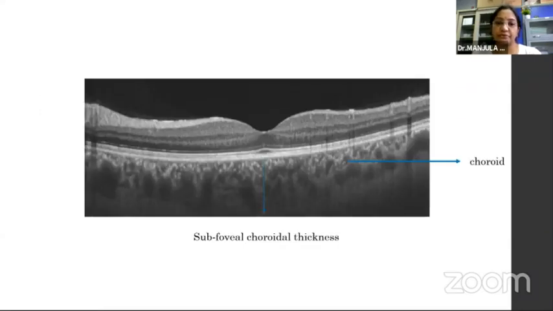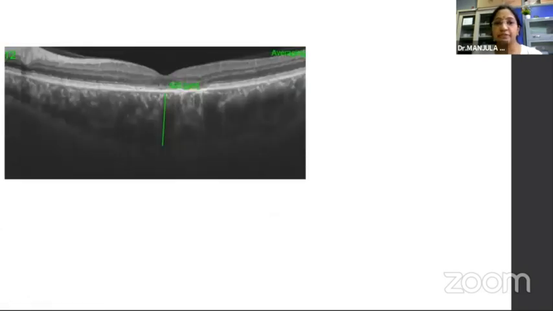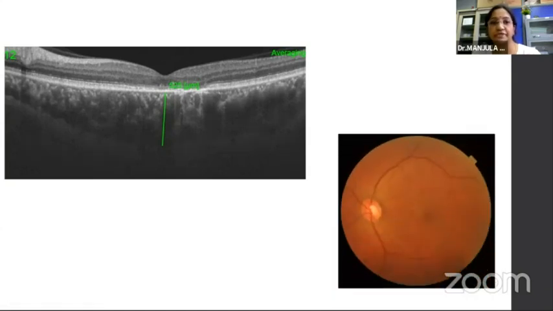With the introduction of swept-source OCT and EDI, your picture is more towards the choroid now. Choroid has three layers: inner choriocapillaris, middle Sattler's, and outer Haller's. And if you want to measure the subfoveal choroidal thickness, it ranges from the RPE Bruch's to the choroidoscleral junction. There are two conditions in which you can have an increased choroidal thickness. You have to differentiate pachychoroid, which is seen here, where the choroidal thickness is increased. And if you see clearly, the Haller's vessels are enlarged, compressing the two layers. These are called pachyvessels. So increased choroidal thickness with the presence of pachyvessels points towards pachychoroid.